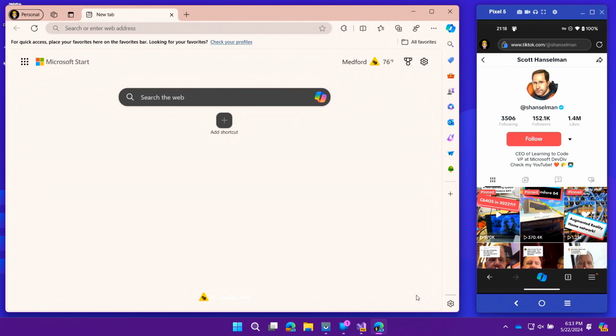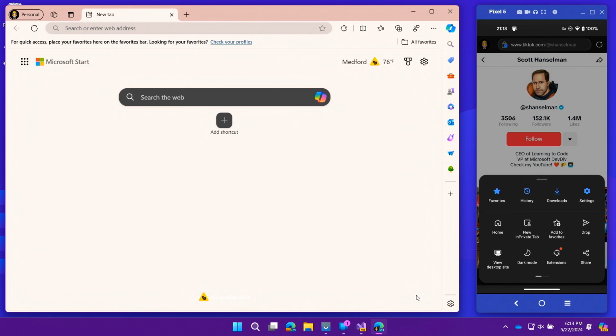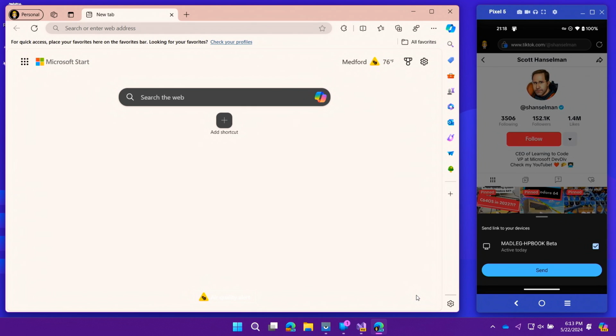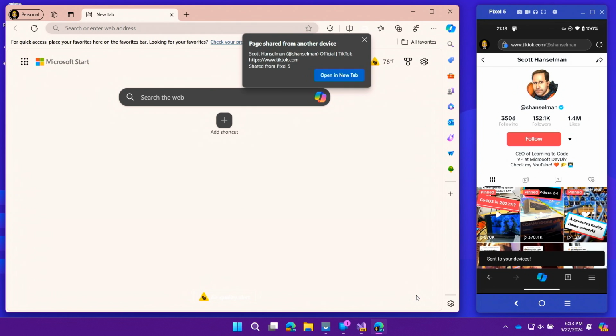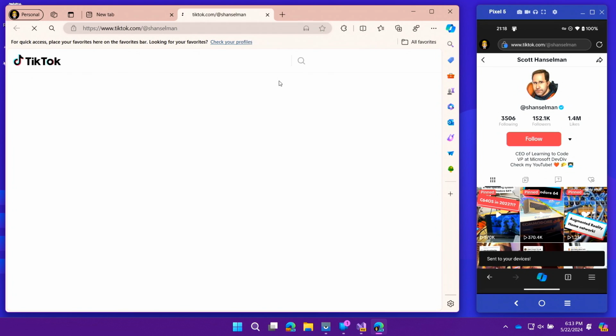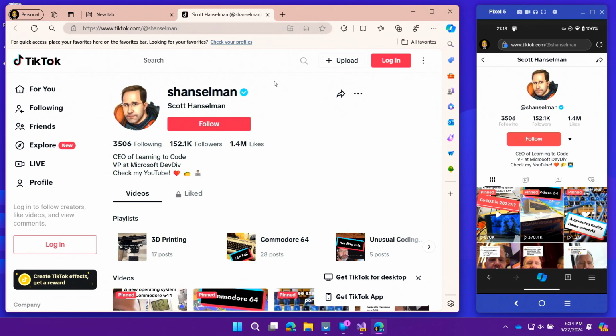I can open things here, and then if I want to pull it up on my computer, say I'm looking at a TikTok or a GitHub issue or something that I need a real keyboard for, Edge actually has this built in. This isn't even a Windows feature, but I just had to show it. You can hit send to devices here. Anything I'm logged in with, I can send it to, and then it pops up instantly. Oh, page shared from other device. So that's a screen mirrored version of your phone, and you just hopped it over to your actual machine. Exactly. I use it all the time because I'll be on a GitHub issue typing a comment furiously, and then I need to sit at a computer.